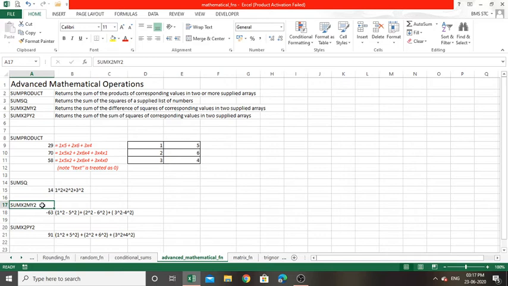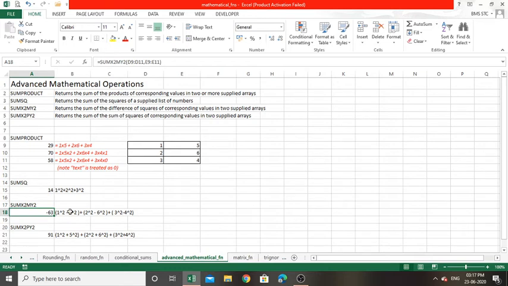It returns the sum of the difference of squares of corresponding values in two supplied arrays. So here is the example, sum x2 m y2 of D9 to D11 and E9 to E11. So these are the arrays,